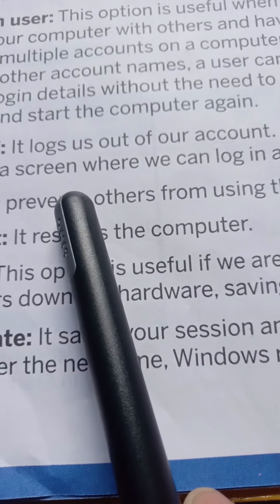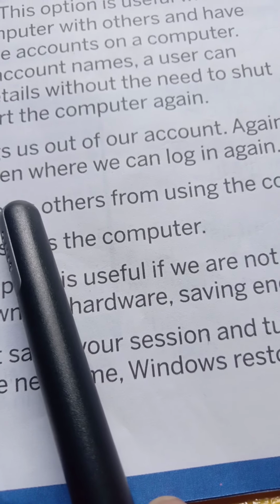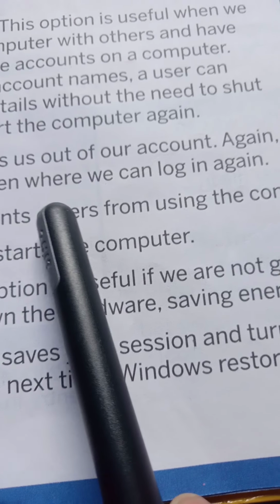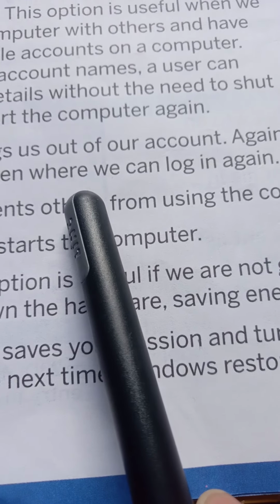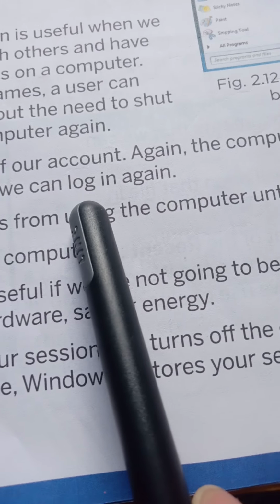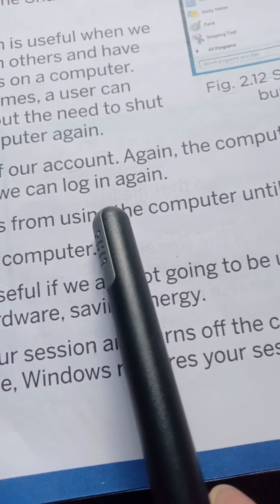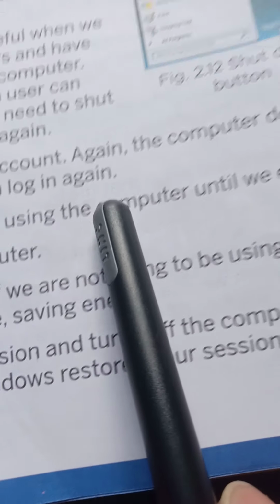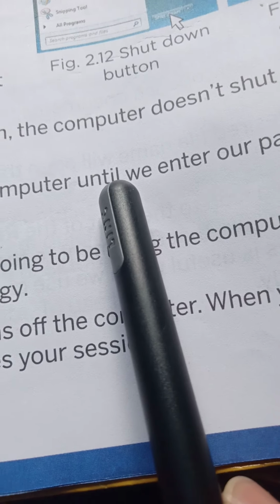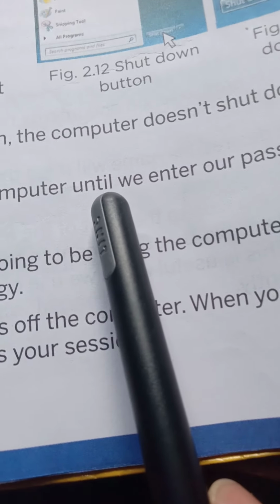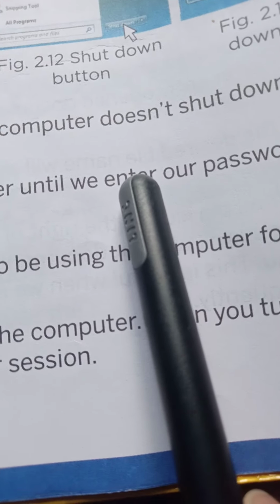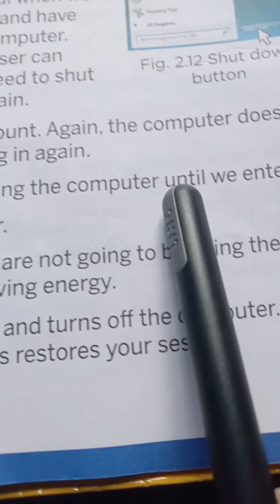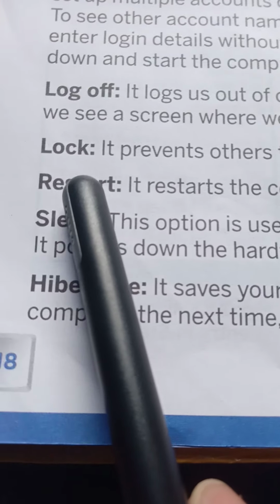In a computer people do many works of their own, but if anybody accesses the computer, it will be harmful to him. So he can lock his computer with a password, like our smartphone. Without entering this password, the computer cannot unlock or run.